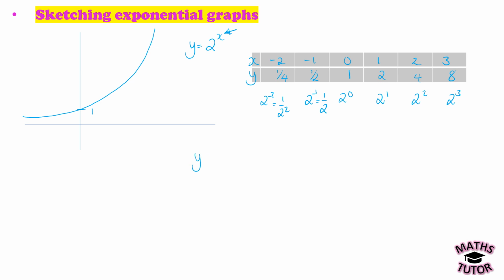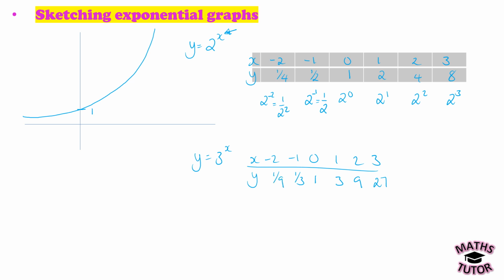Let's have a look at another one. Y equals 3 to the x, and do a similar table between the same values. So when x is 0 again, 3 to the 0 is going to be 1, 3 to the 1 is 3, 3 squared 9, 3 cubed 27, 3 to the -1 will be a third, and 3 to the -2